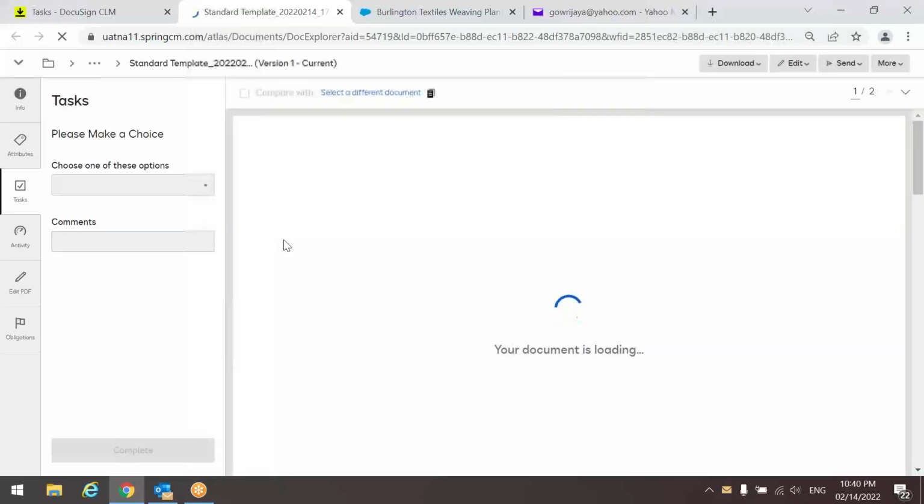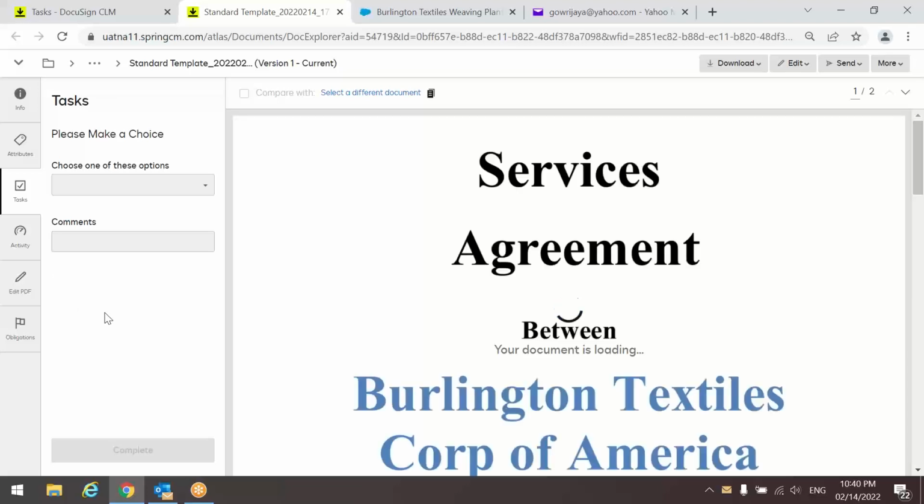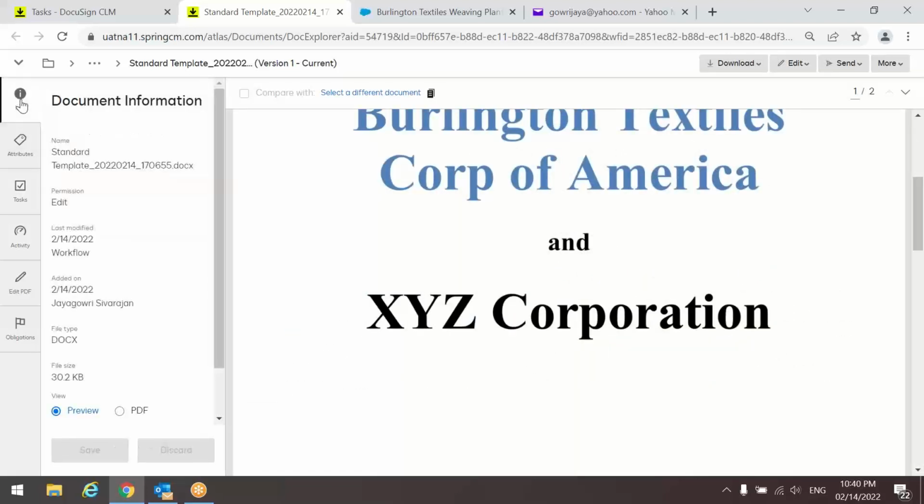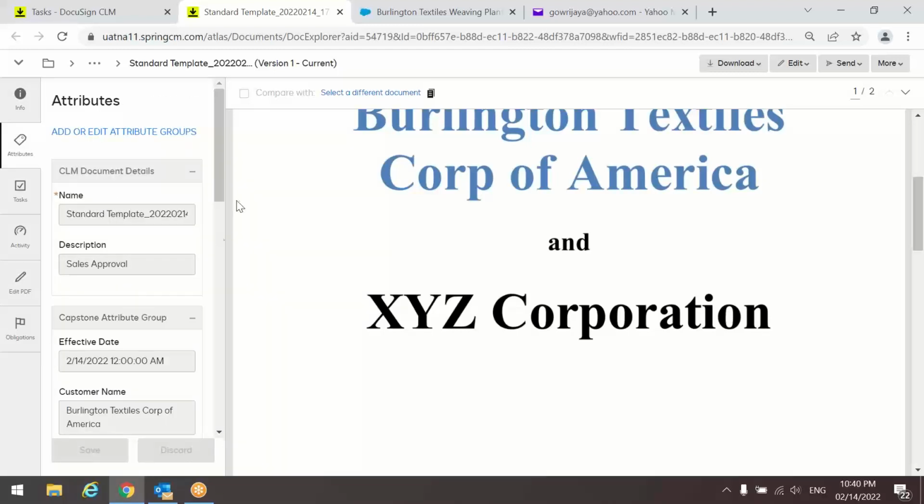And when I click on legal review, this is my document that I have. And on the left, you see information. It pulls out the name, where it is a standard template, the permission, last modified date, added on, file type, and file size. You have the view options, like the PDF and the review options. And under the attributes, you will be able to see